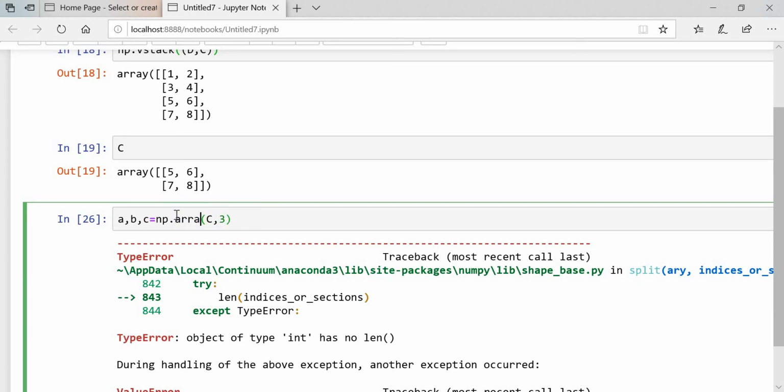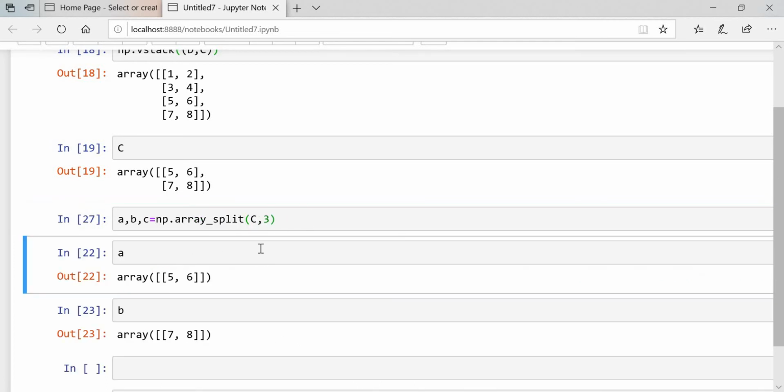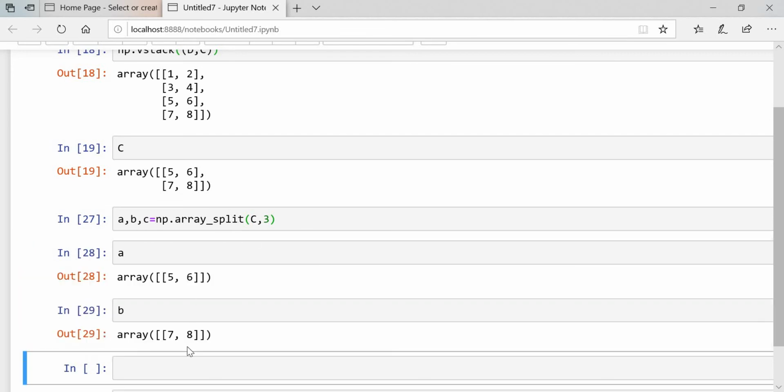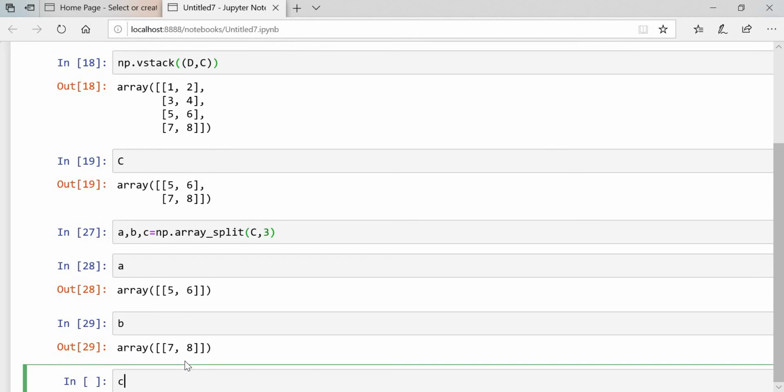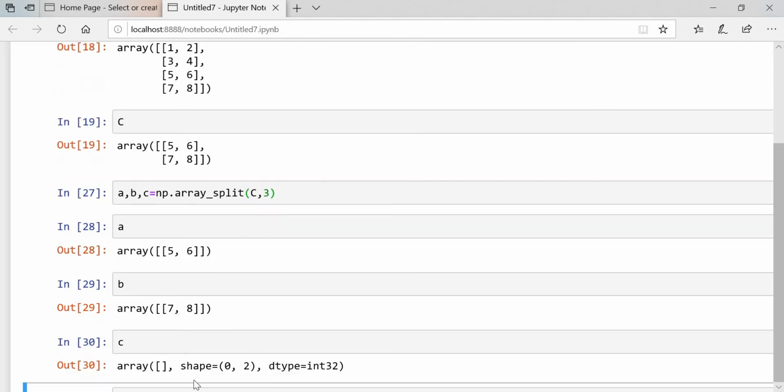Then inside this one I need to put the array split. Once you execute, you will get this. In A we are getting this element, in B we are getting this element, and in C we got an empty one, that is the matrix.